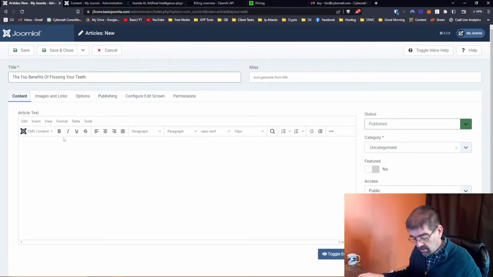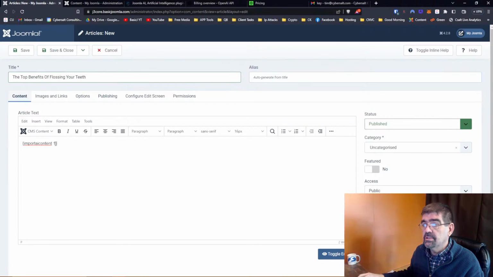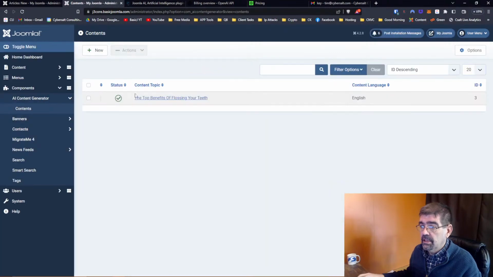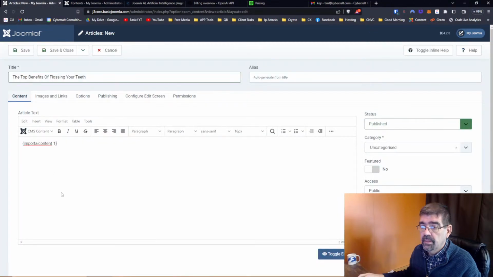Now we're going to go and paste our tag in there. Import AI content, and we need to use the number that corresponds to the content. And here, because I deleted 2, the ID over here is 3. So we'll go here and do 3, and we will save. Oh, and let's feature this so it shows up on the front page so we can see it. We'll save,